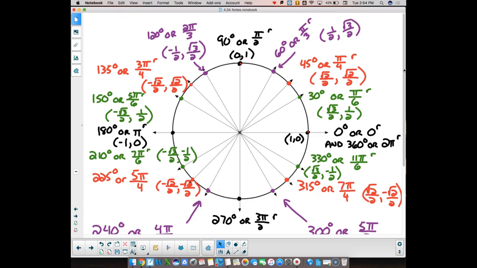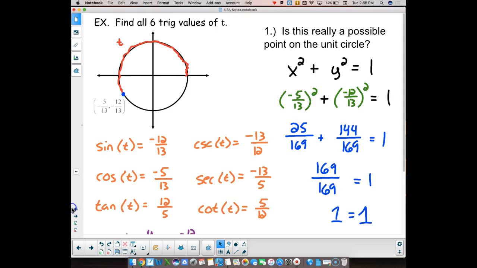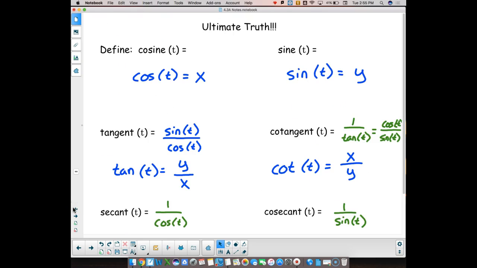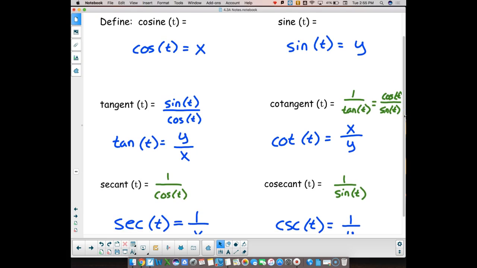On top of all of that, there's an extra question on the unit circle memorization quiz that looks like this. Okay? What's cosine equal to? What's sine equal to? What's cosecant equal to? What's secant equal to? What's tangent equal to? What's cotangent? Okay? But again, right now, that should be